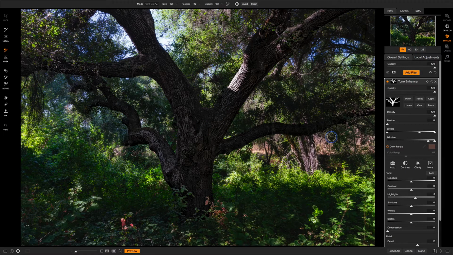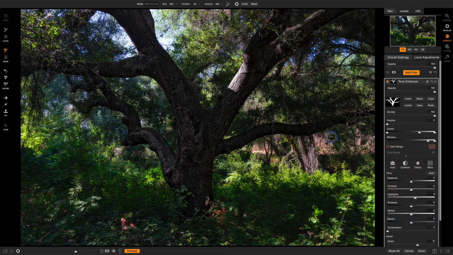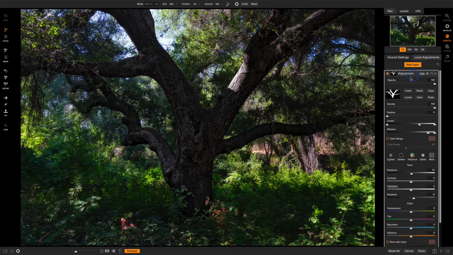This is about as far as I think this photo is going to go. It's all right. This is not going to end up being a stellar shot. There's just too many distractions here, and even if I spent the time to do that mask incredibly detailed, I don't think that's going to help. I will visit that local adjustment one more time just to see if I brighten the tree up, what's